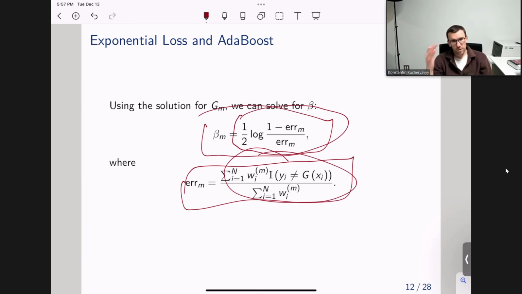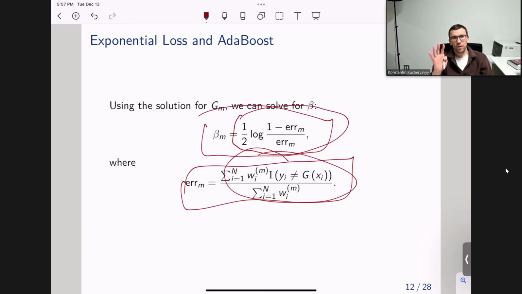At first it sounded like a heuristic. Then specialists in machine learning understood, like 5 years after the paper, in the early 2000s, that